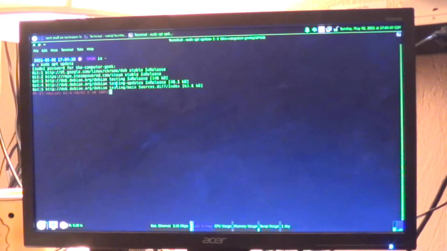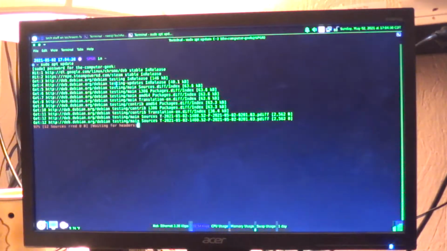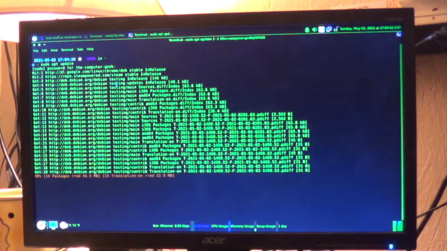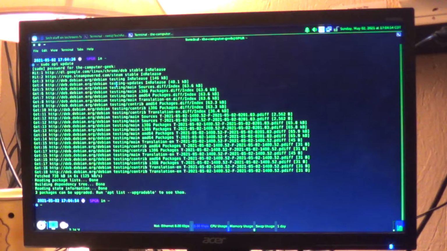But anyways, the first thing you need to do is go ahead and open up a terminal, and of course this is assuming that you're logged into the system with an account that is in the sudo group, and you need to do an apt update. And just go ahead and let it pull all the packages. And if it says something about